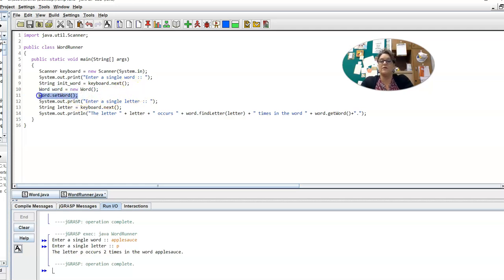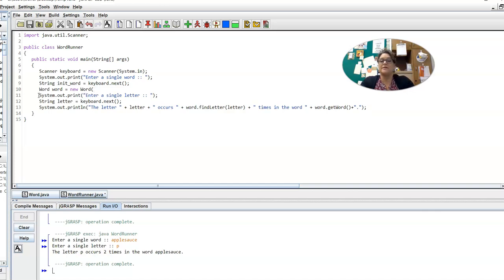Okay, then we no longer need a set word method, and we would pass the initial word into the constructor as an argument. So the keyboard.next grabs the word that the user enters, stores it as initialWord, then initialWord gets passed